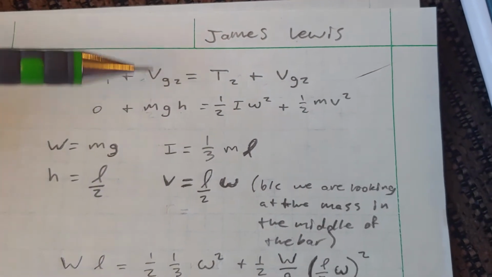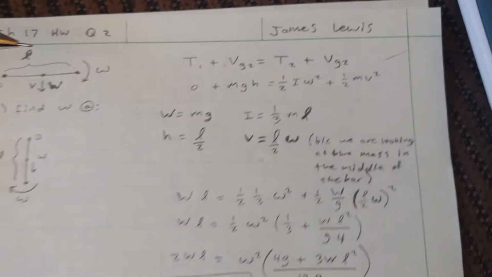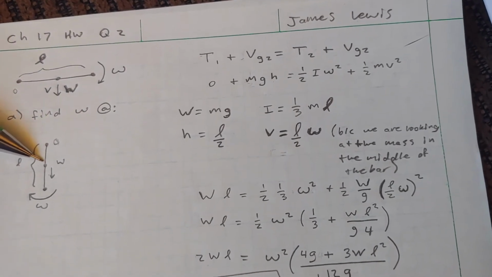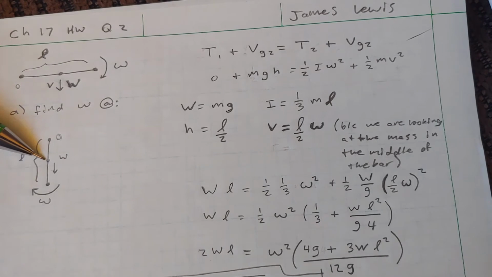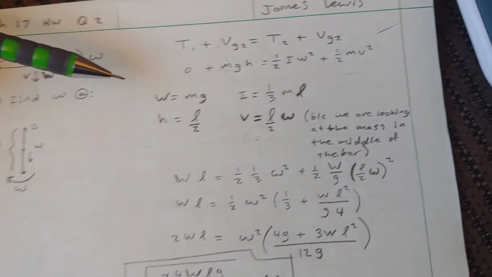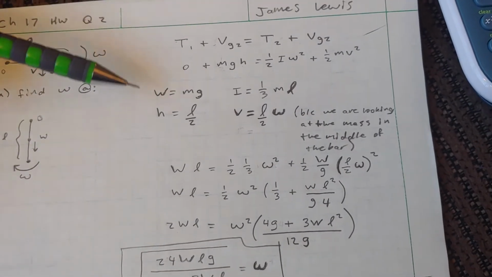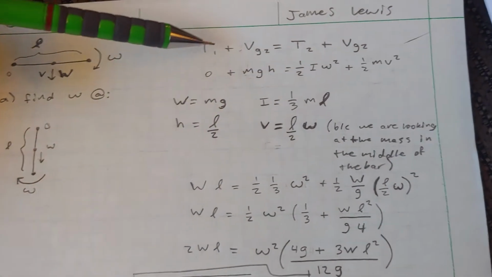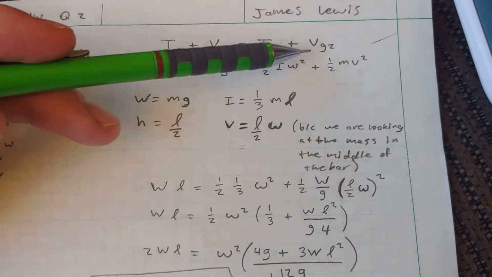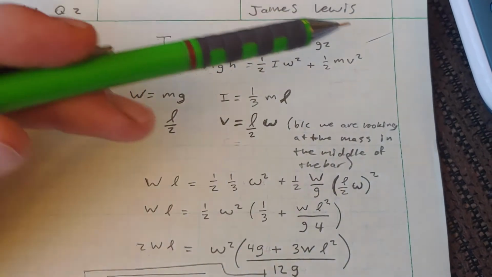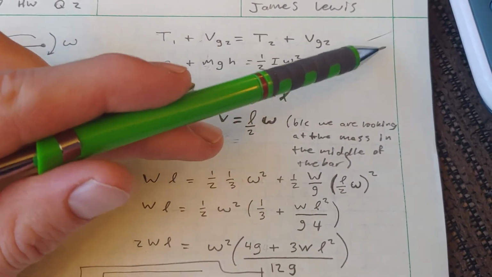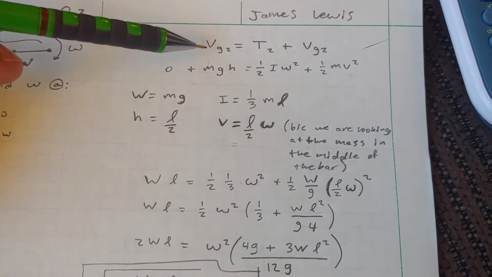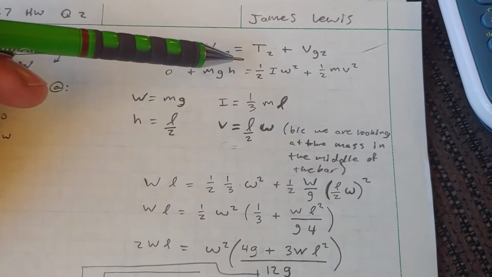Since we're setting our final potential energy here, we're going to call the height 0 here, and there's no initial speed, so initial speed is going to be 0, and our final potential energy is going to be 0, which we didn't put because it's 0. And so we have our potential energy, which is mgh, equal to